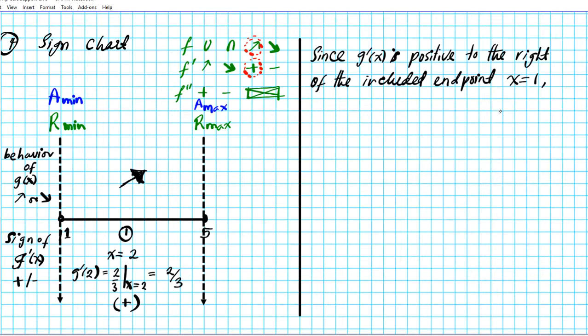What does that tell us about the behavior of g? Since g prime of x is positive to the right of the included endpoint, that tells us that g is increasing